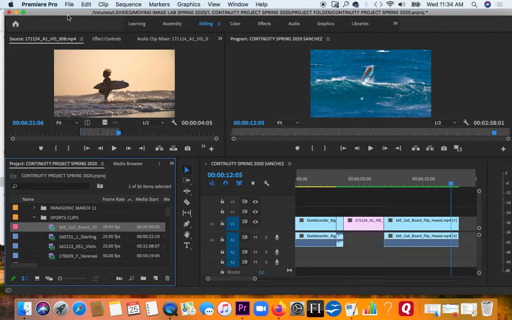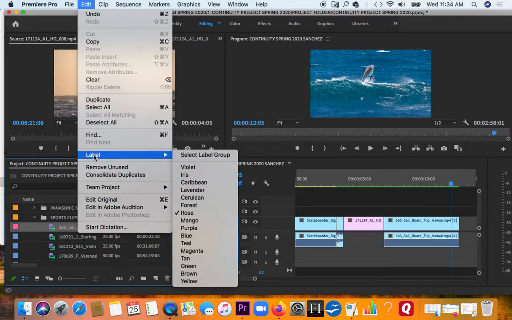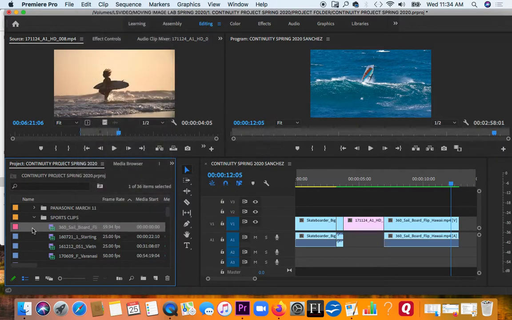How do you do that? I suppose you could do File, Label. Here it is under Edit. If you don't have a mouse that right clicks,